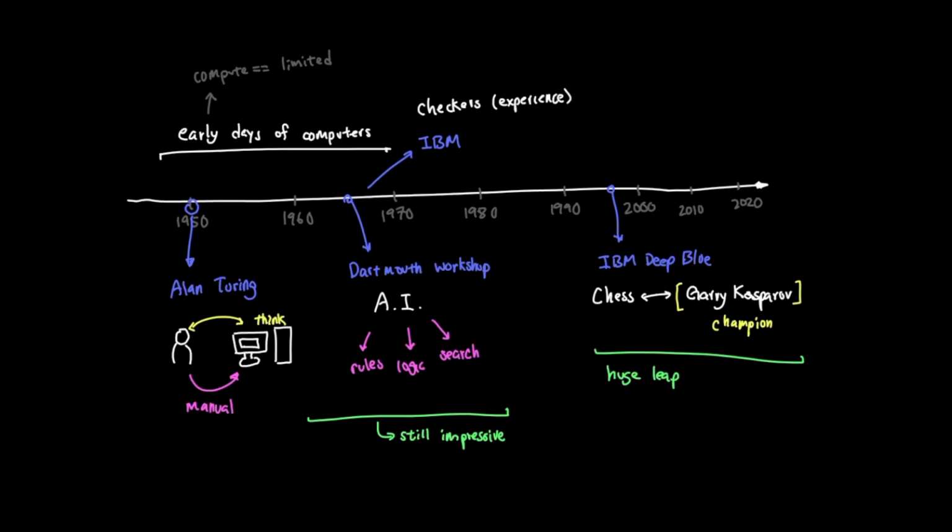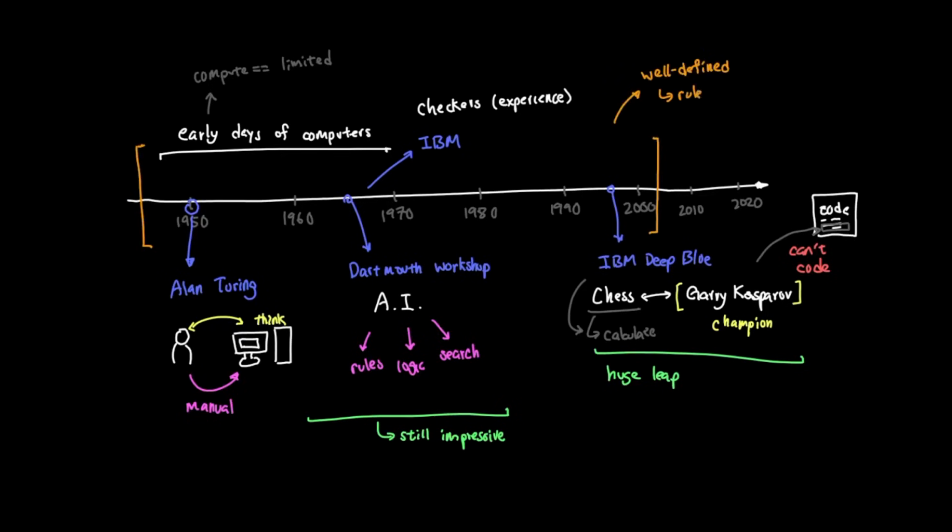This was a massive moment for AI, but Deep Blue was still a very specialized system built on one narrow domain. It could calculate chess positions better than any human, but it could not suddenly explain why your code is throwing an error on line 47, for example. That kind of approach works well when the environment is clean and well defined. Chess has clear rules, clear boards, legal moves, and a clear win condition, but most real-world problems are not like chess. Recognizing faces, translating language, detecting spam, recommending videos, and driving a car are much messier problems. You can't realistically write every possible rule by hand.